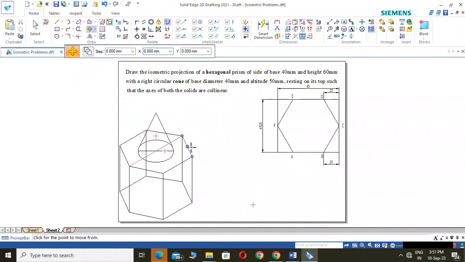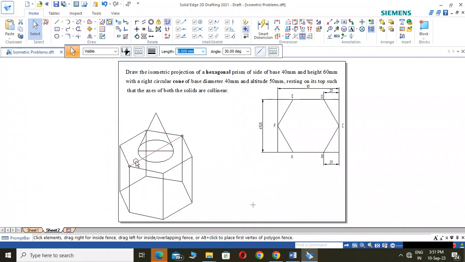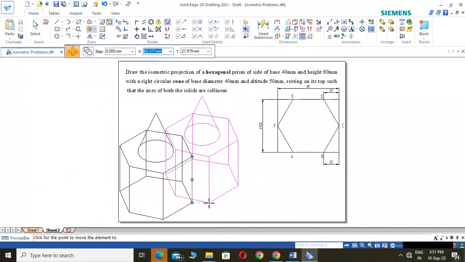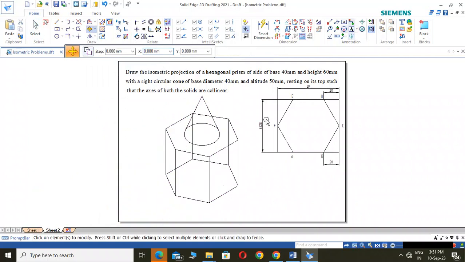Now this diagonal can be deleted. So this diagonal can be deleted, even this line you can delete. Okay, so now I will just move and I will place it in the middle. Copy should be off. Okay, once you placed here, now we need to identify the points,